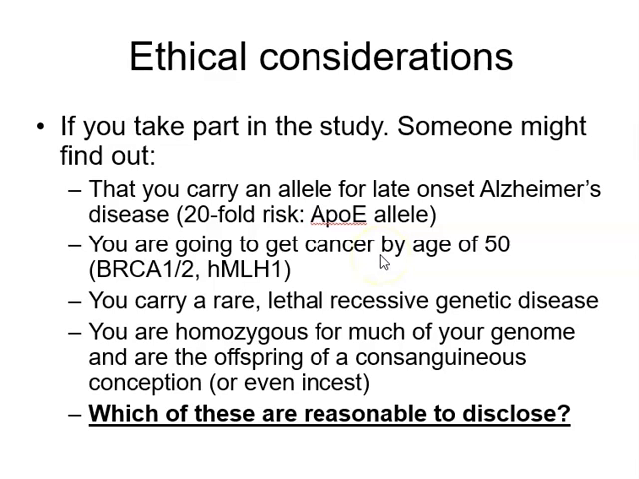So this is the sort of data that could come up which are completely unanticipated when people enter this sort of genome sequencing trial. So the question is, which of these are reasonable to disclose? And I suppose there's no correct answer as to which of these are reasonable to disclose, but people who enter into projects such as the 100,000 Genomes Project will sign a disclaimer at the beginning that will say whether they want to be informed of